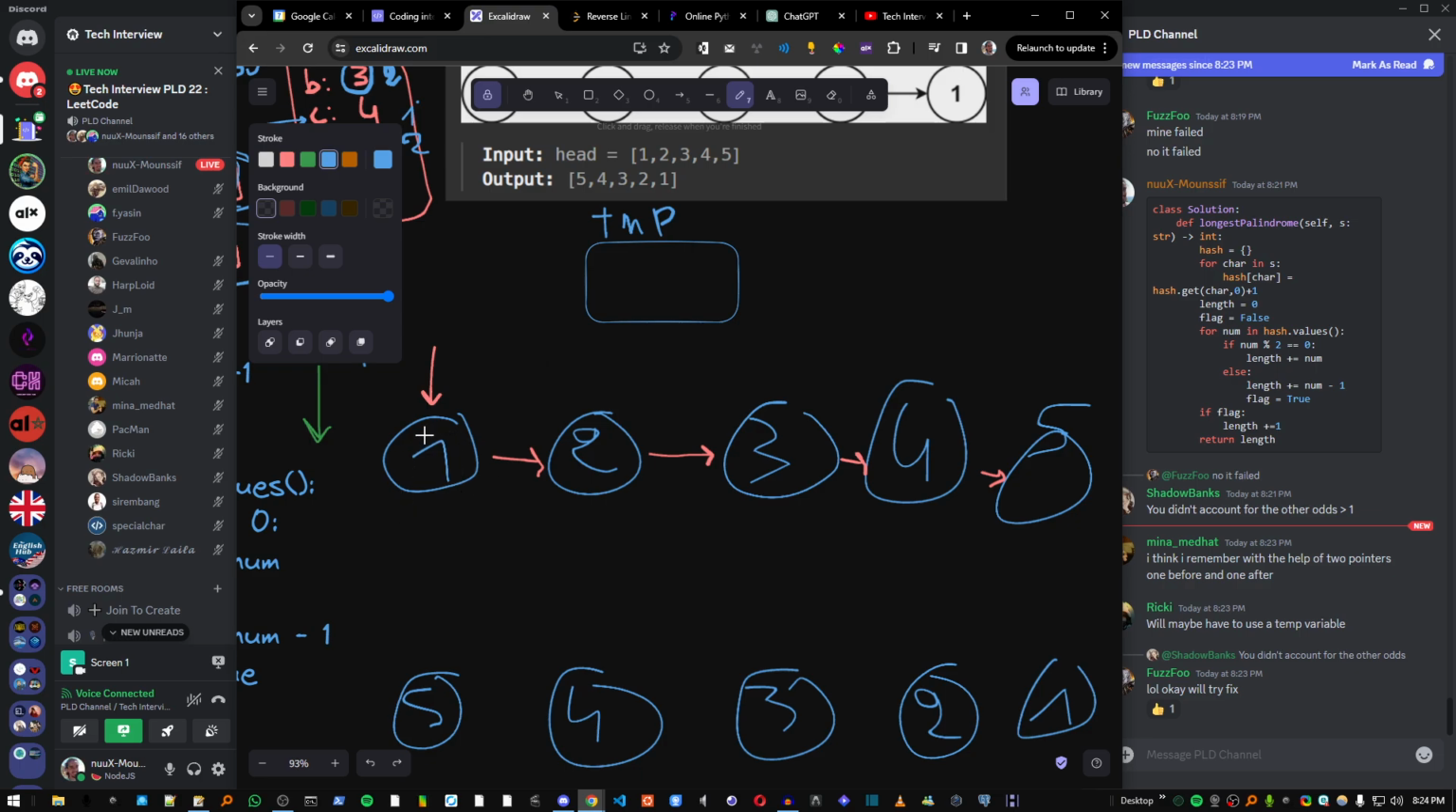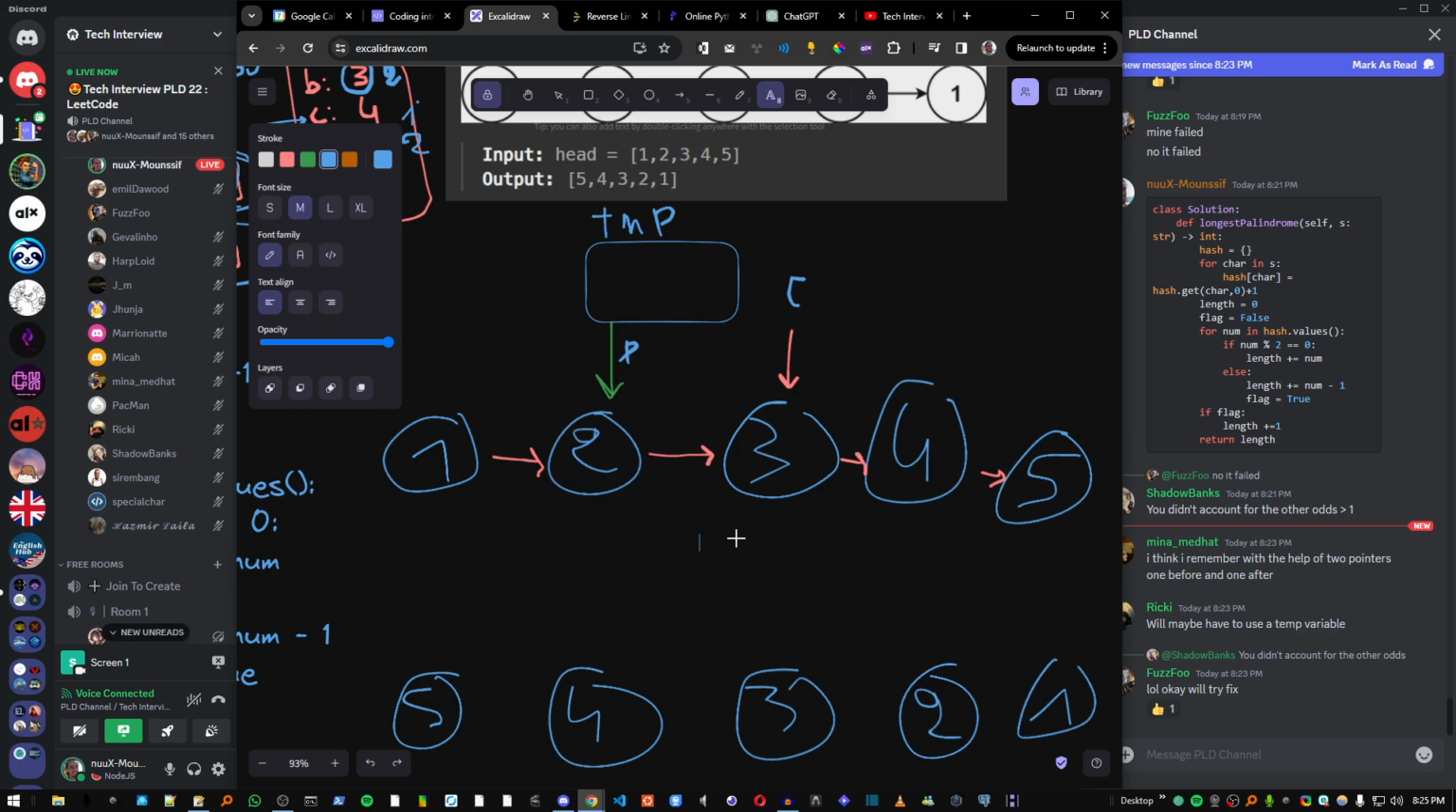Now if I am here, what I like to do is I always like to start from the middle, because it makes it more simple. So if I am here, 3, what do I want to do to make 2 the next of 3, like this. So let's call this current, and this is previous. So current,